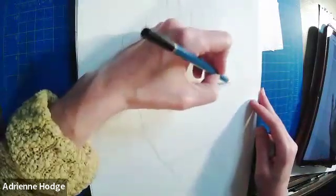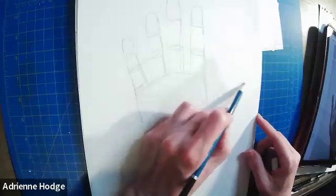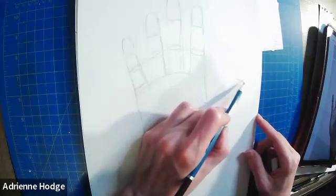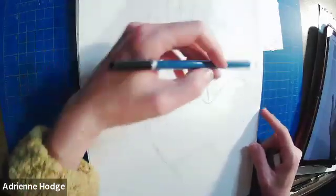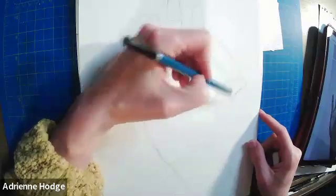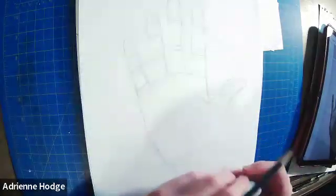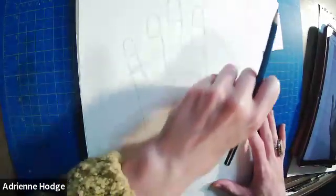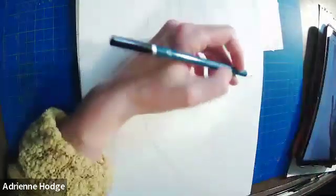Okay, so we're looking at that negative space and everything here, but we just want to make sure that this shape is proportional, that it's not floating away from the hand too much, or that it's not too thick or too skinny. So you can start out with those same general shapes,